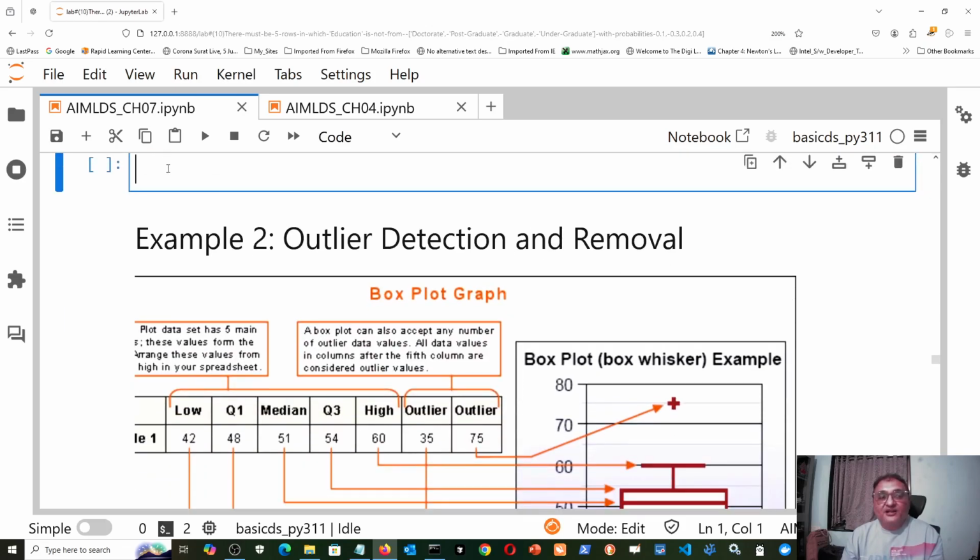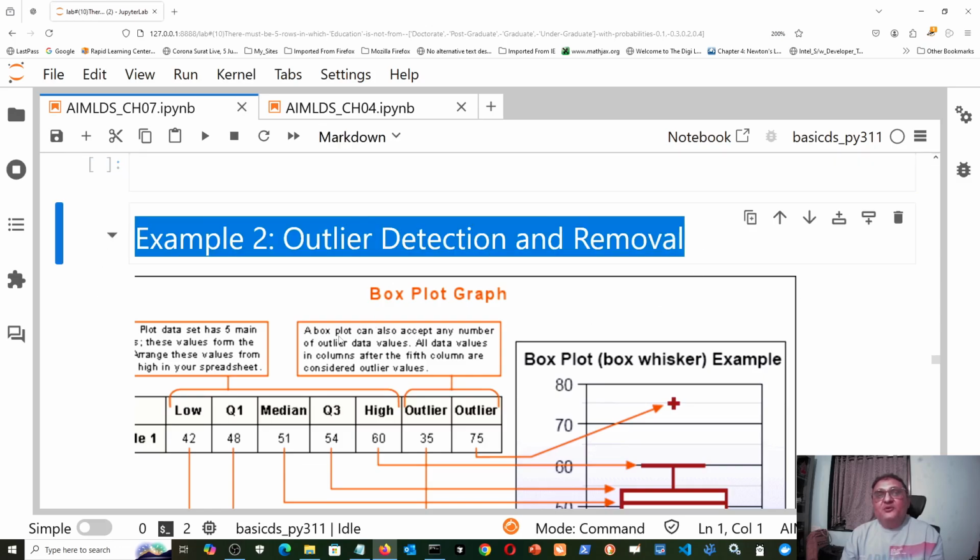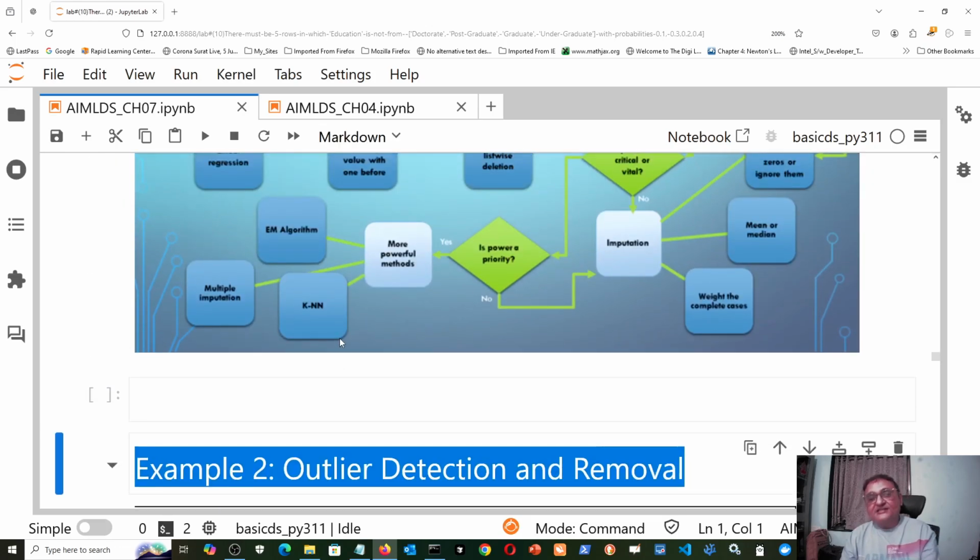Now in the next lecture we will do other topics. The first lecture was how to handle missing values and how to change the data type. Changing data type was simple: you write df in square brackets, then the column name in inverted commas, the column name must be in quotation marks, and then you write dot astype int. That will convert the price column into int. But now we will do outlier detection and removal. That is the next lecture. Thank you for